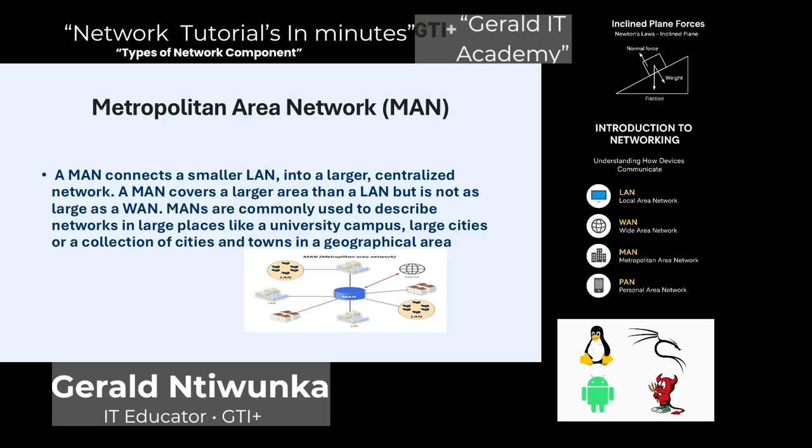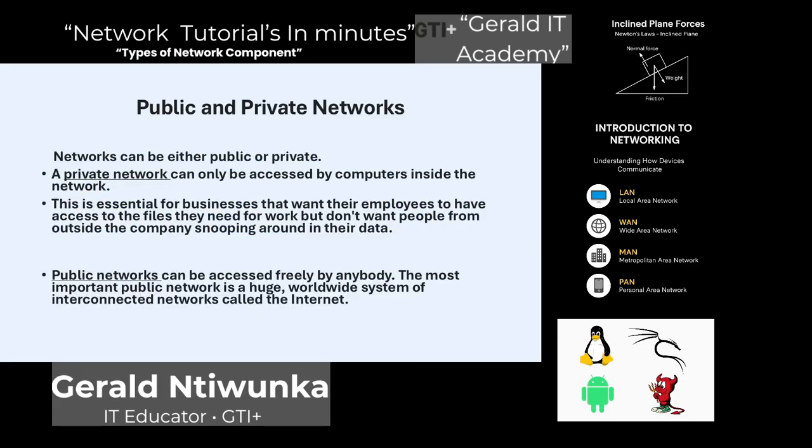They are commonly used to describe networks in large places like a university campus, large cities, or a collection of cities and towns in a geographical area. That is how those ones operate. So we're still talking about